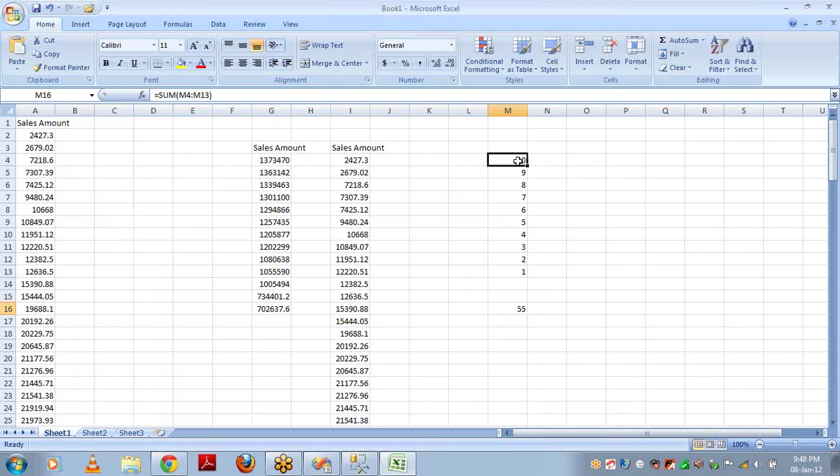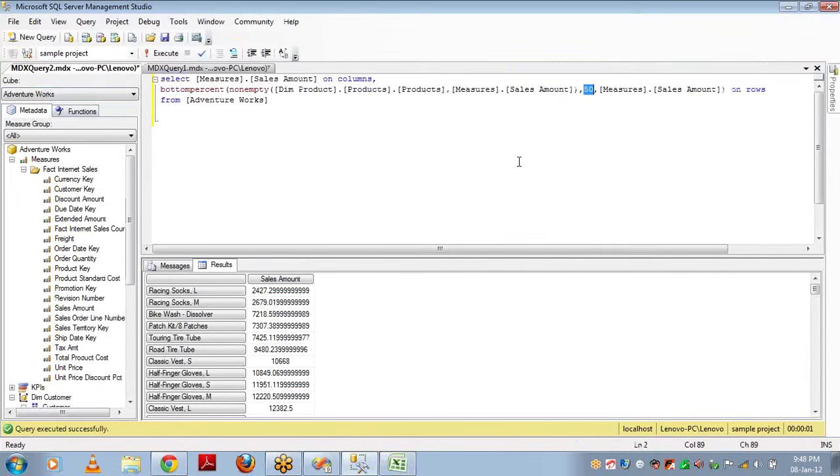So what forms the 27, if you order first? How can you get the 27? 10 plus 9, 19, 19 plus 8, 27. It is very close. So it will fetch these 3 records. And if you give bottom percent, these 7 are very close to forming the 50% of the total amount. So it will fetch the remaining records. This is how the top percent and the bottom percent works.